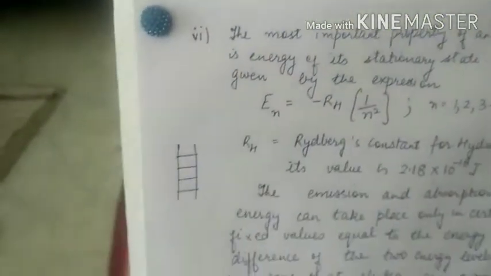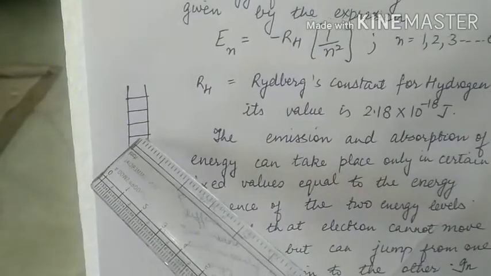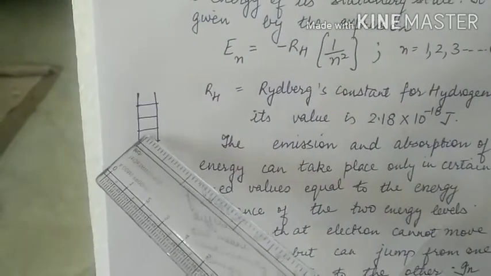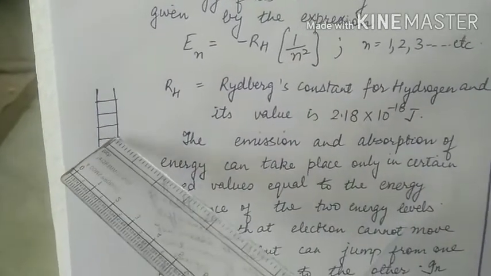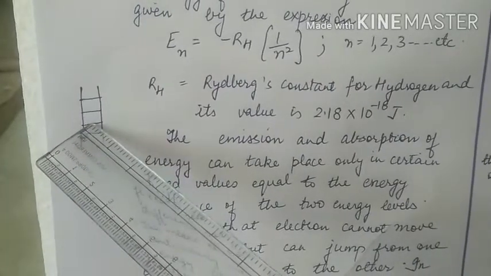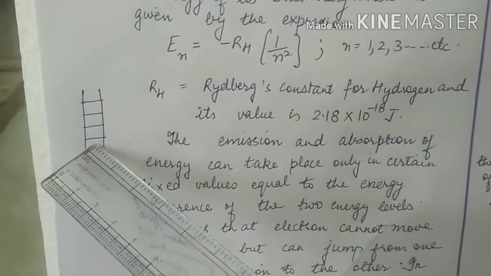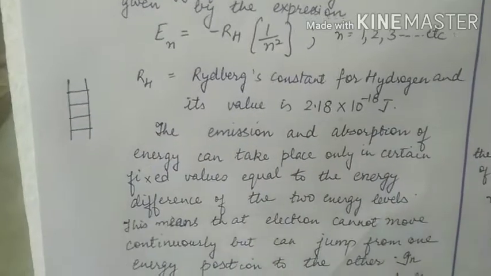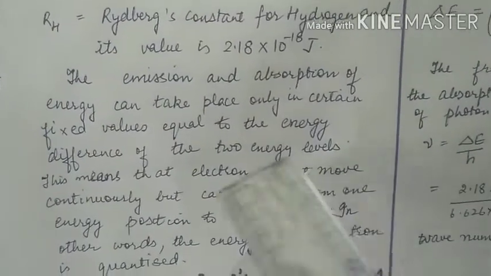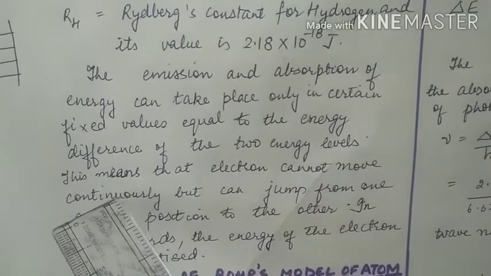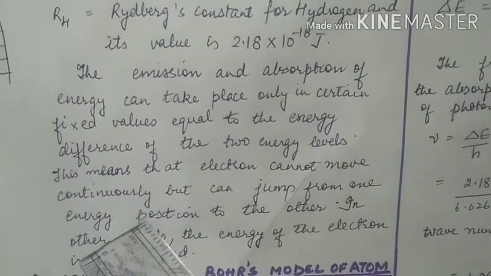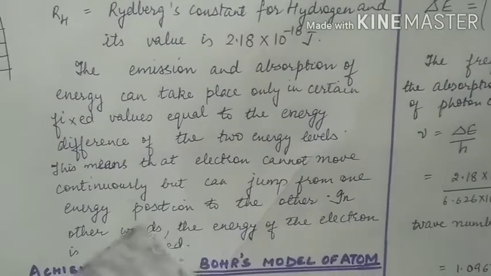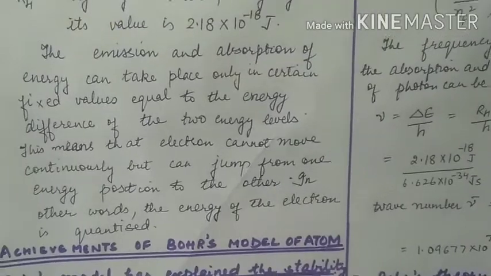This can be related to the steps of a ladder. You can place your foot on the first step or on the second step. You cannot place your foot in the space between the two steps. So similarly, the electron will be present on the first orbit or in the second, and will have energy of either first or second, not in between. So this energy is not continuous. The energy emission when an electron jumps from a higher level to a lower level is not continuous, but discontinuous, as the energy difference will be fixed.